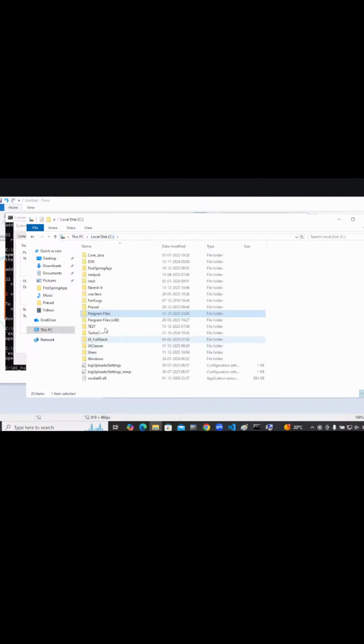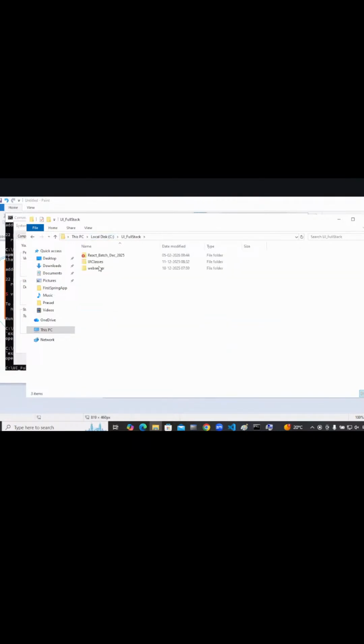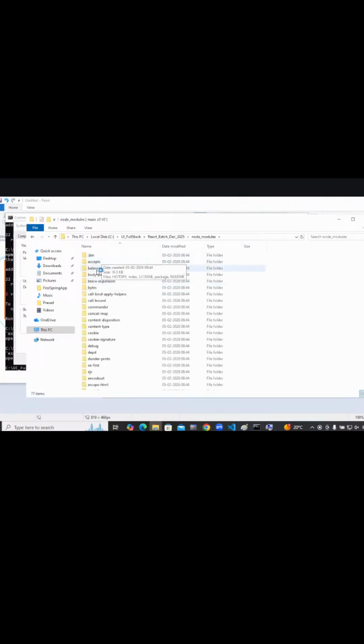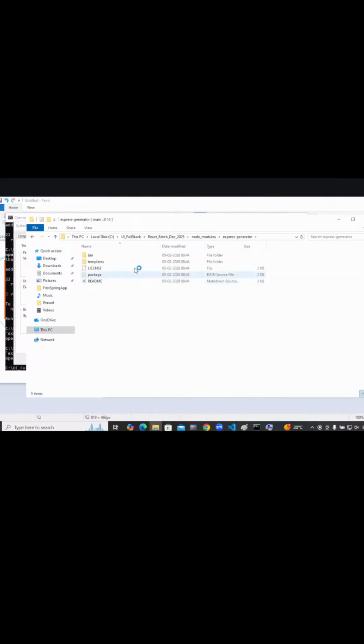Okay, in that case, we will be having UI full stack. So here we'll be having Express generator.